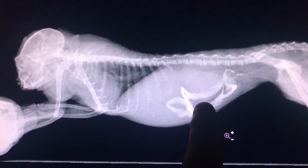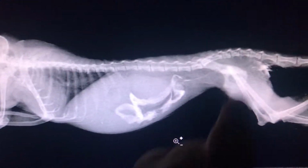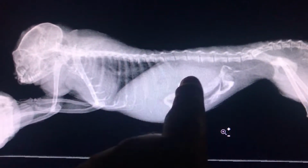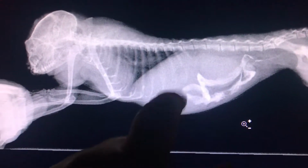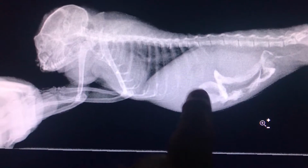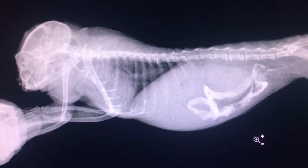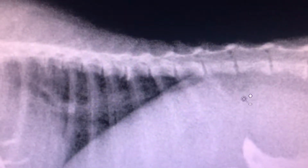Sometimes these guys get foreign bodies, so one of the first things I want to make sure is that she didn't eat something that was stuck in her intestine. And as you can tell here, it's making its way out, and this is in the small intestine still coming. What I find odd is there's a lump right there that's about kidney shaped, and her liver comes out way beyond where it should, and there's obviously something here too. So we're probably going to get some ultrasound next, but the things that I think are more immediate...